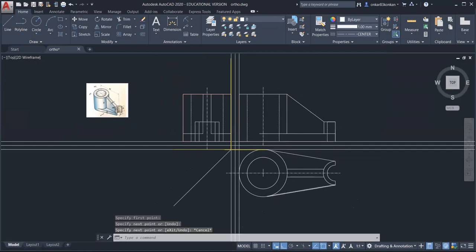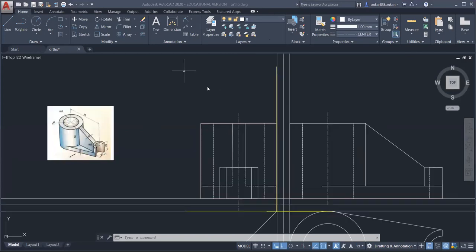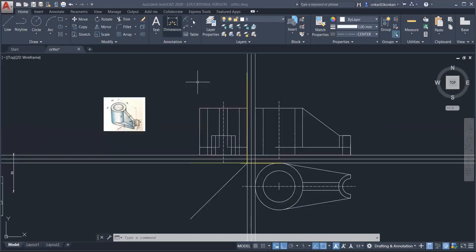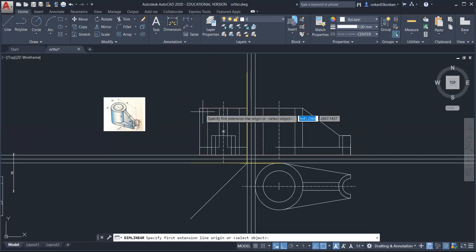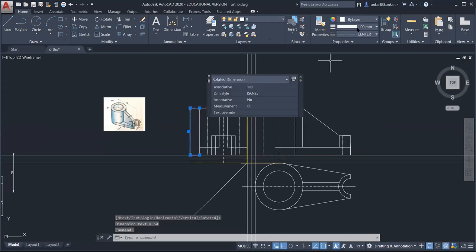So after this, you can give the dimensions. So you can select the dimension, select linear. First, change the line type, make it bilayer.